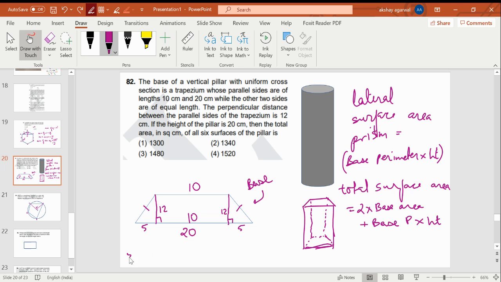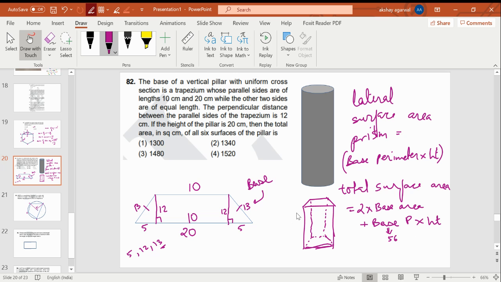We remember triplet 5, 12 and 13. So this hypotenuse would become 13 and this will also become 13. So now we know the perimeter of the base. We also know the formula for area of the base. So base perimeter is how much? 20 plus 10, 30 plus 13 and 13, 26. So base perimeter is, this thing is